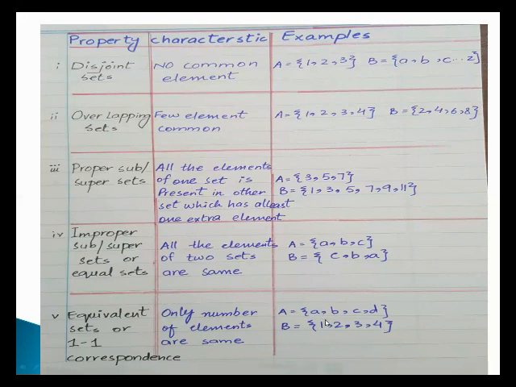When we compare them, we observe that set A consists of the first four English alphabets, and set B consists of the first four natural numbers. So there is no relation between the two, but we observe that their numbers of elements are equal. Set A has 4 elements and set B also has 4 elements. So on the number of elements we say they are equivalent sets, or they have one-to-one correspondence.